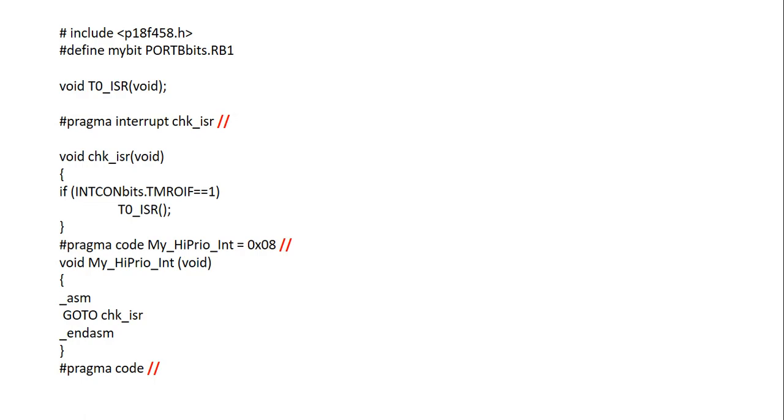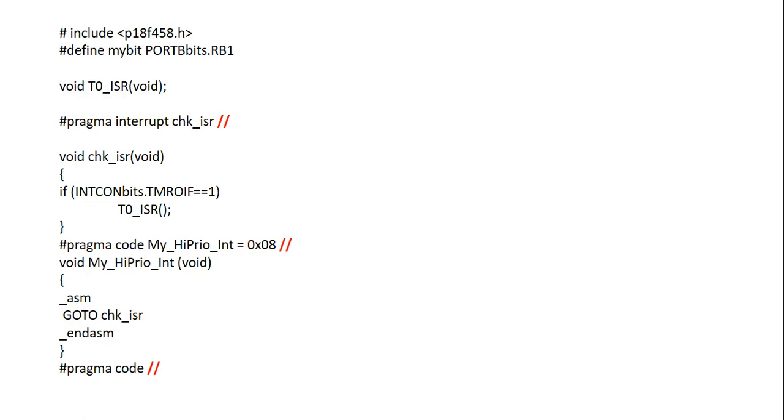The pragma interrupt places code at a specific ROM address, because the microcontroller does not place the ISR at the interrupt vector table. Then we write the function for chk_ISR. We have to write the pragma as an interrupt when you are using interrupts in your microcontroller program.